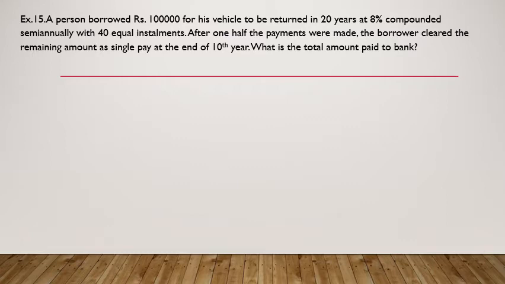See, these are all very common problems. Some special cases which I have selected are ones we follow during our day-to-day life. We borrow a vehicle, say a bike or a car. At that point of time, we may not have the sufficient amount. That's why we go for a bank loan, and the bank will fix the term as, say, 20 years, 10 years, or 7 years, depending on our requirement.